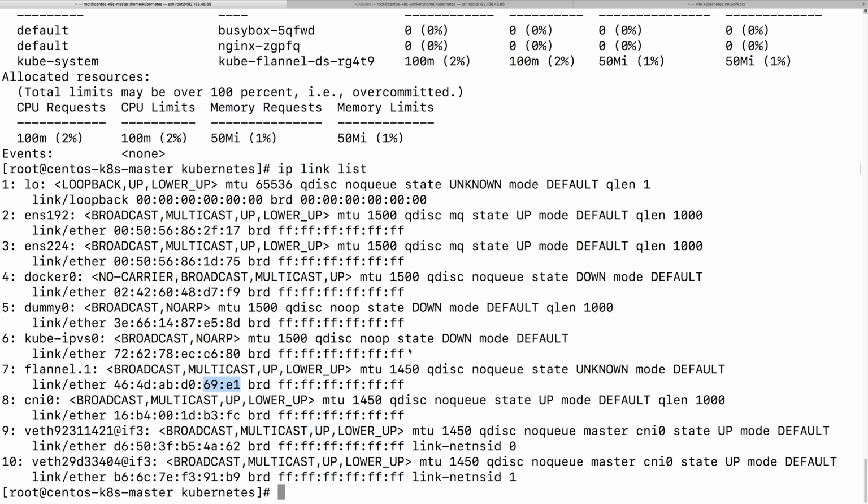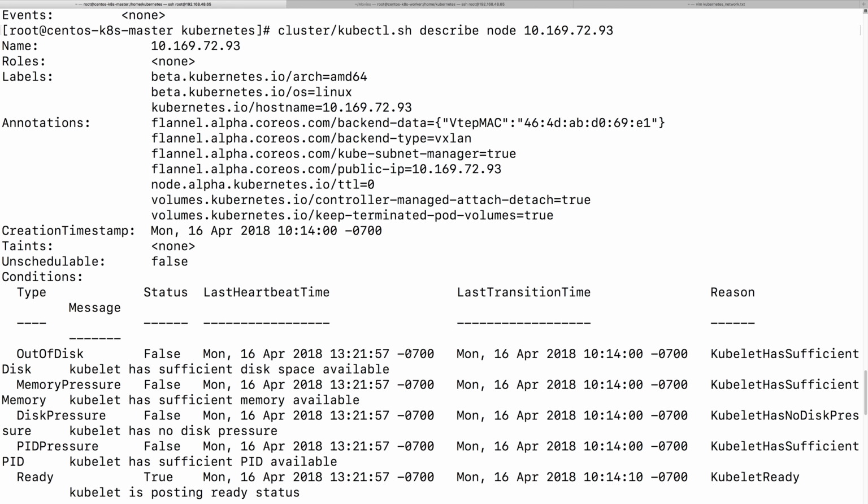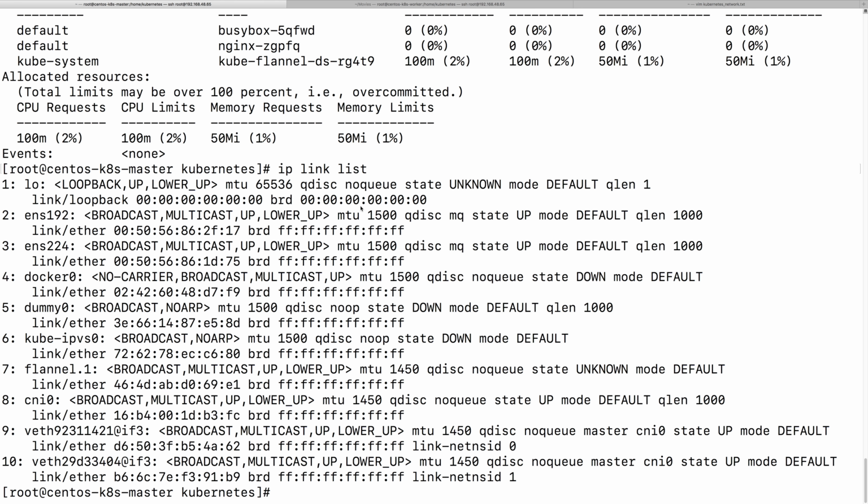It is the same, that is the VTEP MAC here that Kubernetes knows about. Yeah. So basically, what I'm showing here is to tell you that for this guy to know what the